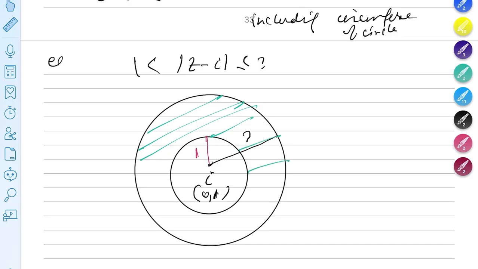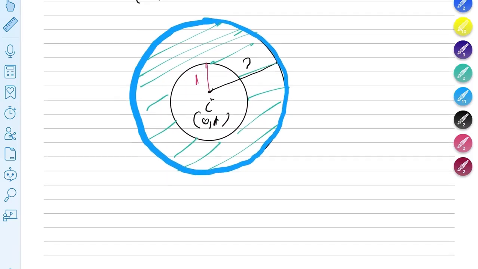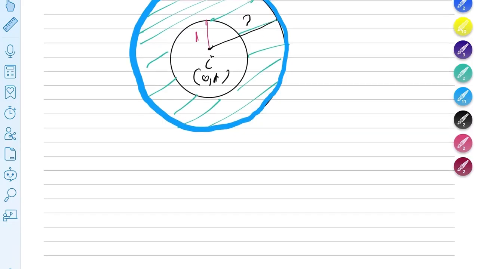Okay, so in this case, all the region between 1 and 3, but the interesting thing is that the equality is at 3. That means this includes the circumference also. The circumference is also represented, but not the circumference of the inside circle, because there is no equality there. So we should know that